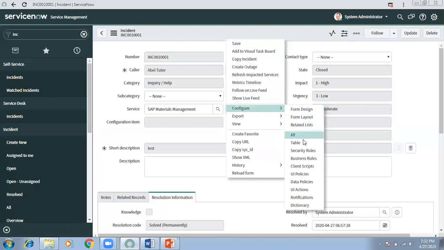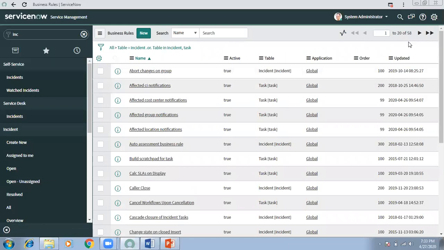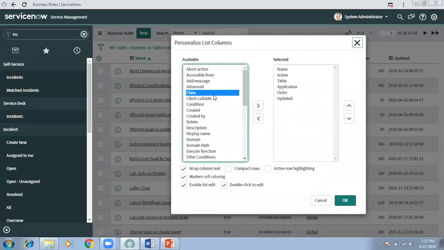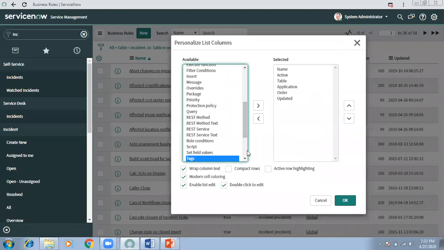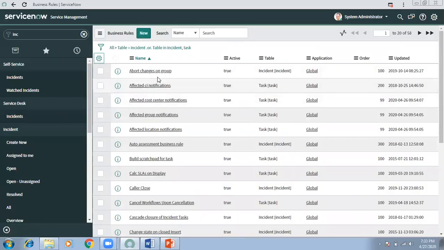if you go to the table and see configure business rule, you will find like 58 business rules written on the incident or task. Getting my point? So all the business rules where you have the type as... where is the type? I think it's type only.